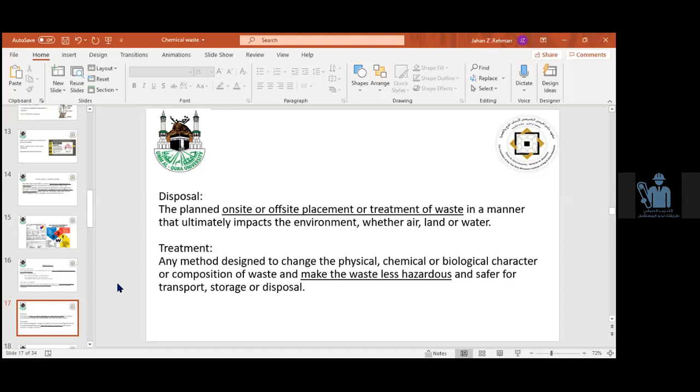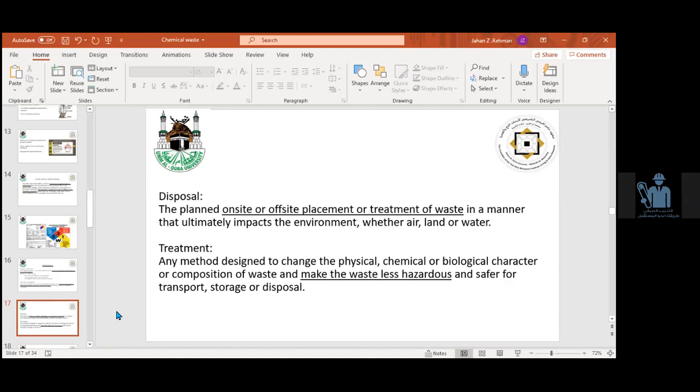They must put separate bins. This is a separate bin for chemicals, this is a separate bin for papers, this is for glass, this is for metals. Everything should have separate containers. This is the disposal of the chemicals within the lab. And outside the lab, you have to go to other companies. Generally, universities do not have the facilities to dispose the chemicals. There are some other companies who have these particular facilities.